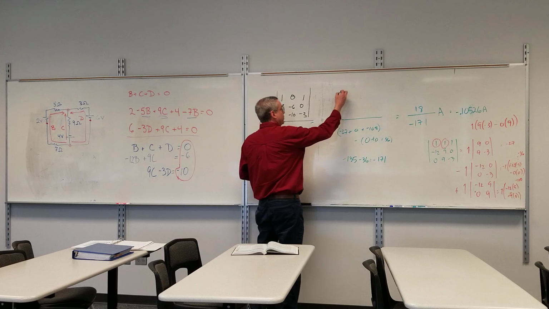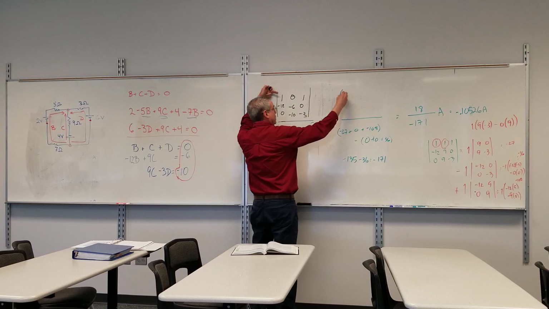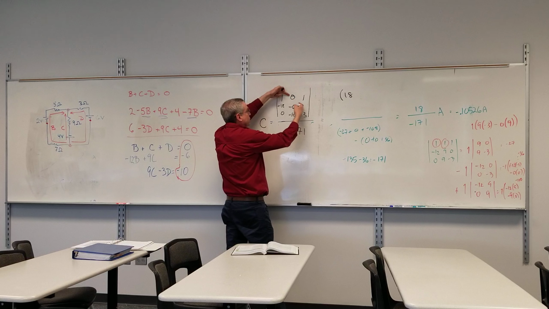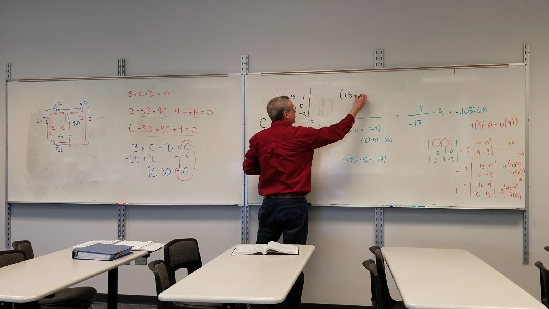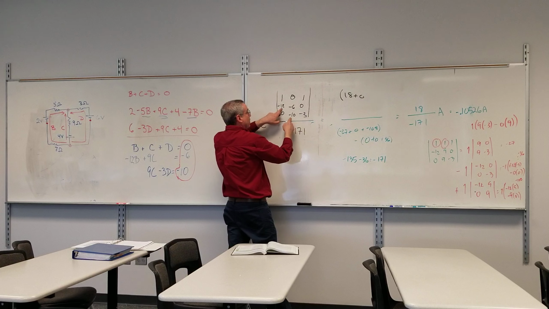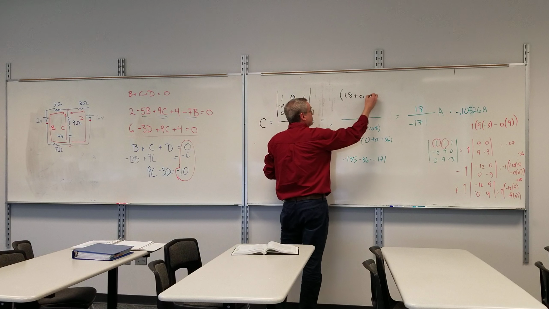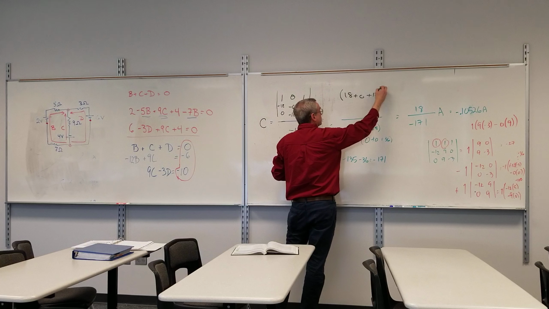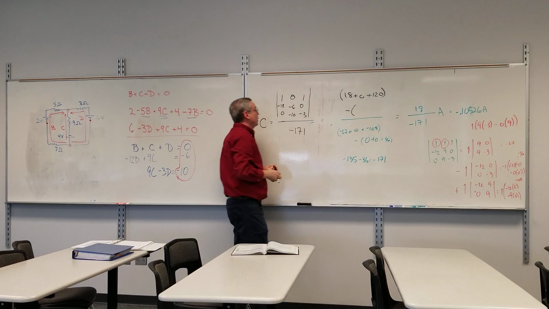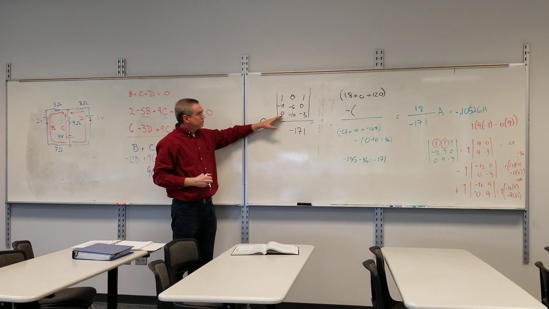And so I end up with 18, 0 times 0 times 0, and then 1 times negative 12 times negative 10. And then going the other direction here, I got 0,